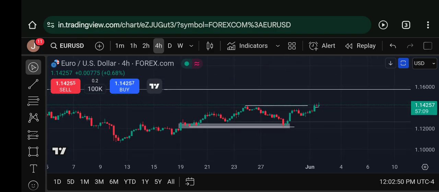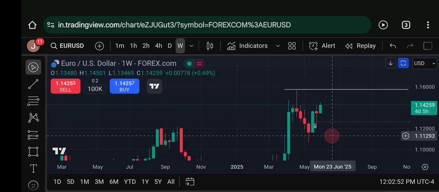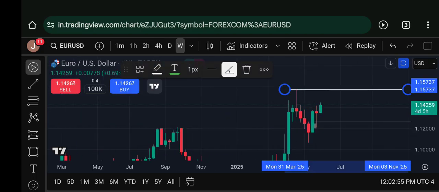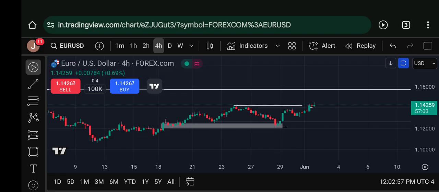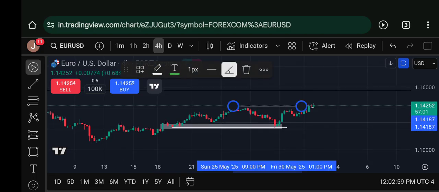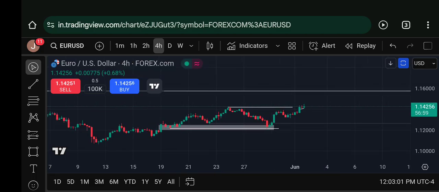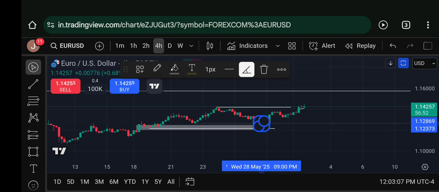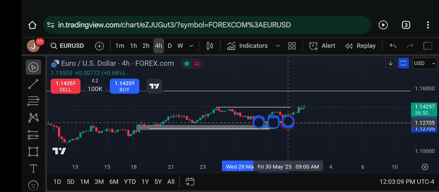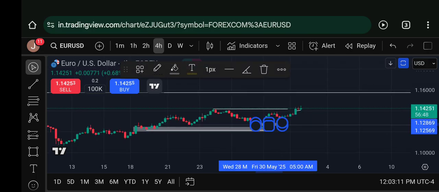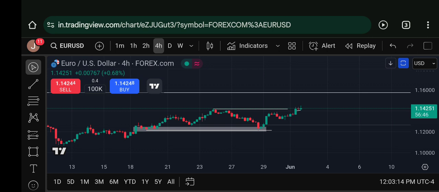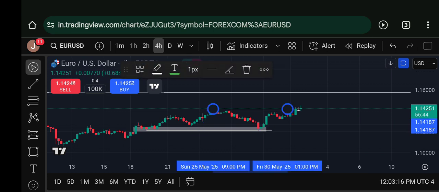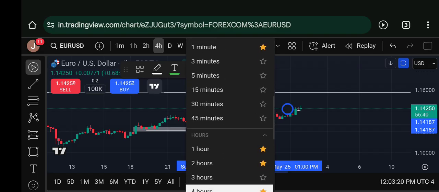First of all, weekly internal range liquidity to external range liquidity, and then 4-hour IRL to this ERL was my target. And the third thing was this IFVG, this bearish fair value gap getting disrespected, was another confluence. So let's go guys. 4-hour IRL to ERL and weekly IRL to ERL, and then on the 15-minute chart,